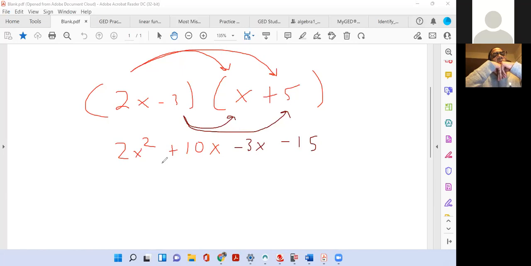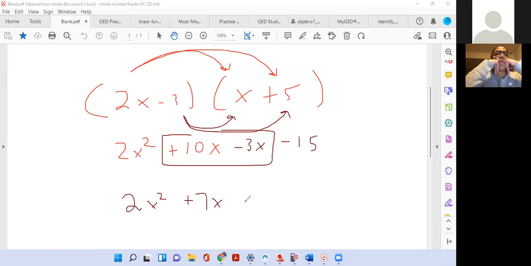So 2x times x is 2x squared. 2x times 5 is plus 10x. Then I'm gonna multiply the -3 by everything else in the other parentheses. So -3 times x gives you -3x, and then -3 times a +5 gives you -15. What you should also notice is you have like terms here. So we're gonna bring down our 2x squared. 10x minus 3x is a +7x, and then bring down the -15. This will be the answer